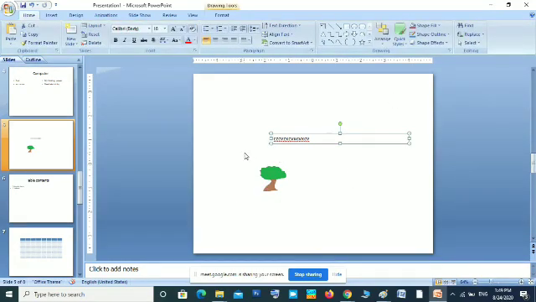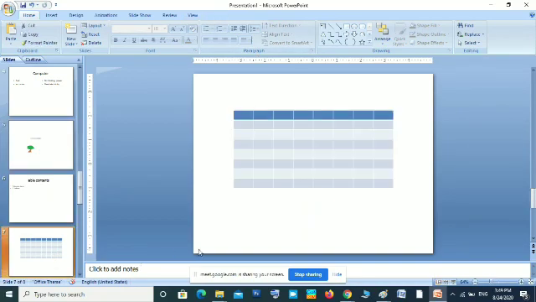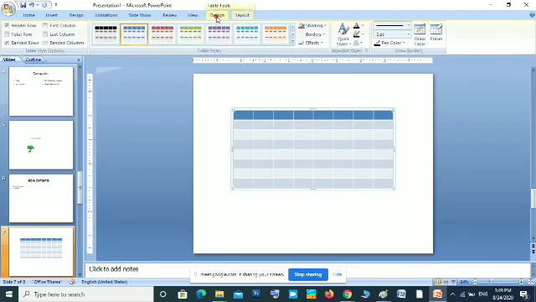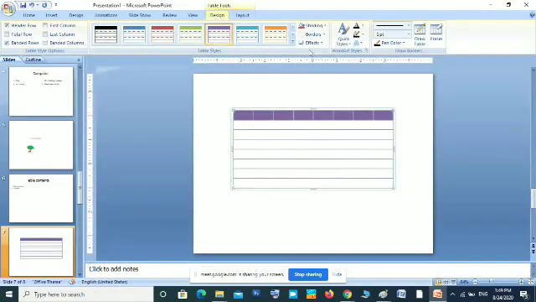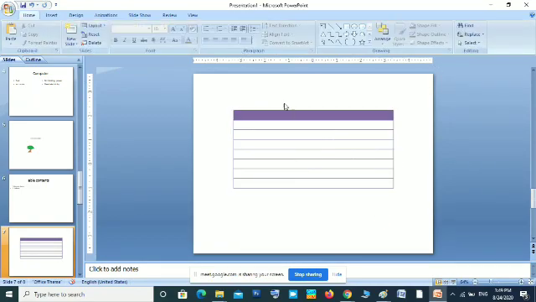Now when I am clicking outside, that format tab disappeared. Similarly, when I am clicking in the table object, you can see the related tabs, design and layout. Using this, you can customize your table style. So this style, table layout, you can customize using this. These new tabs will not be there in the standard screen.